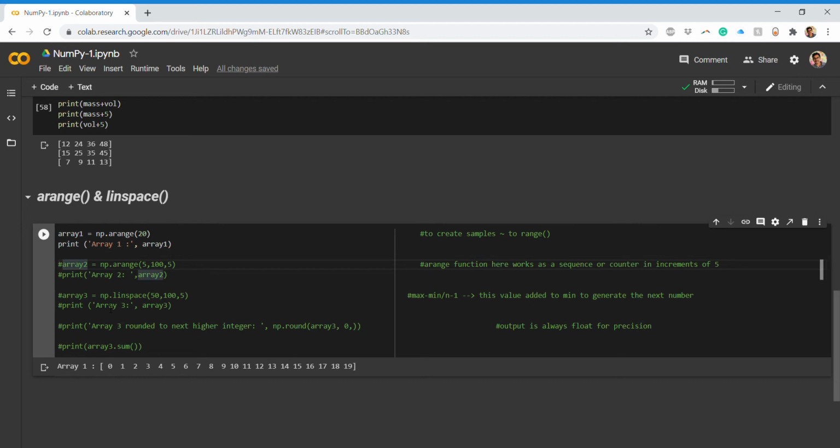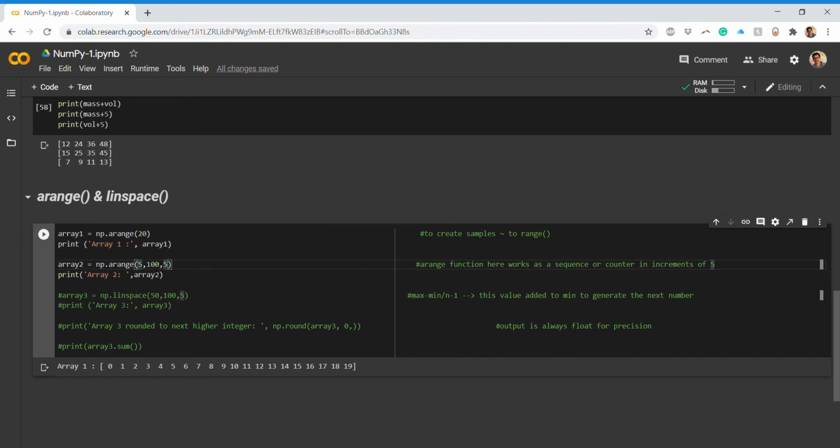Next, I have the same thing, but written in a different way. This is the start, this is the stop, and this is the step. The similar thing works here. First you have 5, and then from 5 the next element is 5 steps ahead. So it will be 5, then 10, 15, 20, 25, 30, 35, 40, 45 up till 100.